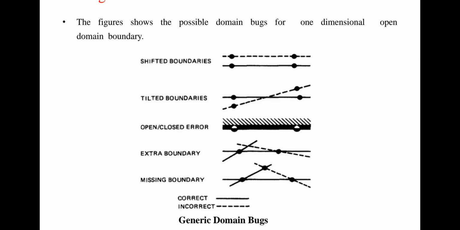What is meant by shifted boundaries? See, these have two types of representation. One is represented with dashed lines, one is represented with a straight line. The dashed one is an incomplete boundary, the second one is a complete boundary. Dashed is obviously an incorrect format. Complete is the correct format. Generally the boundary should be represented as a complete line, but due to bugs in your computation, the boundary is shifted upward. That is called the shifted boundary.